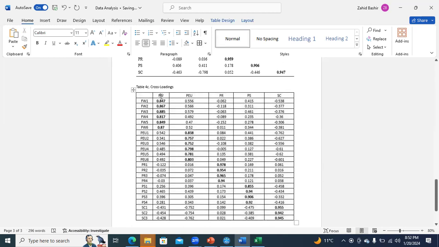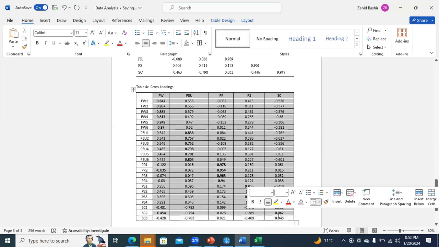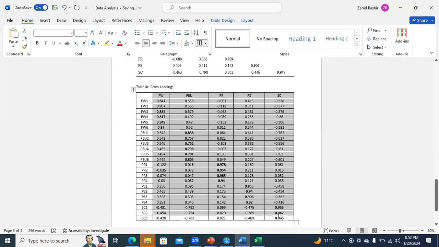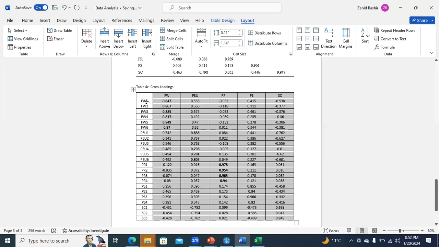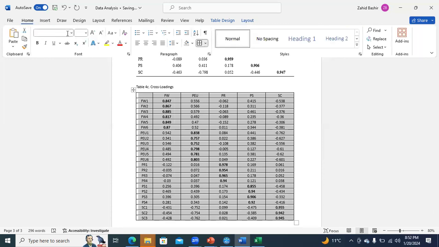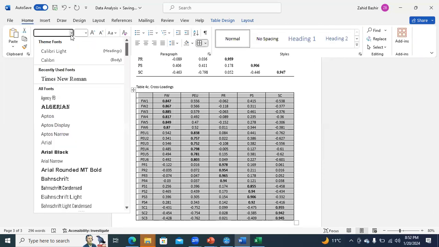And you need to adjust them in equal width. How can we adjust them? Simply go to the layout of your table command and go to distribute column, and it will adjust them in an equal way. Now just select the values, go to the home button, go to Times New Roman,